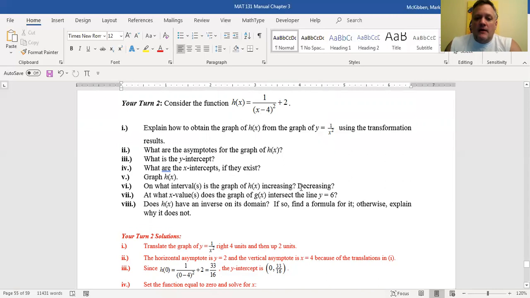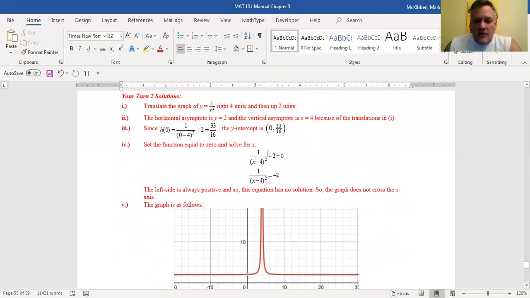And then to find the x-intercept or intercepts if they exist, you set this equal to 0 and solve for x. The thing is, if you set that equal to 0 and try to solve for x, you'll have to first subtract the 2 from both sides. But at this point, notice that the left-hand side is always positive. It's 1 divided by the square of something. That's never even 0. It's always positive, yet the right side is negative. And so what that tells you is that this equation has no real solution, and so there are no x-intercepts